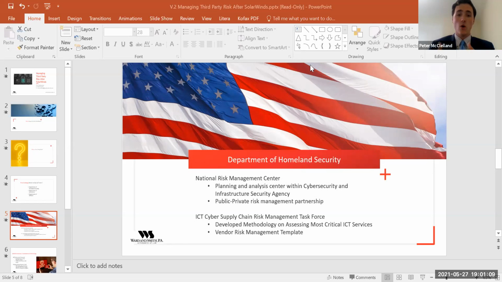Its goal was to facilitate public-private communication on security risks and to provide tools to help the federal government, public companies, and privately held companies properly manage any kind of third-party risk or inherited risk from their supply chains. One of the tools they've created is a methodology for assessing organizations' most critical information and communications technology services.